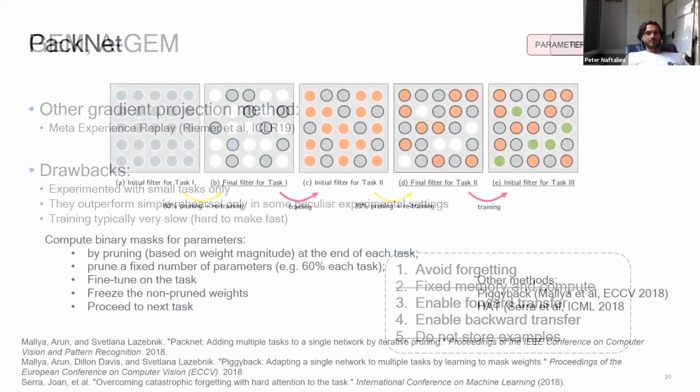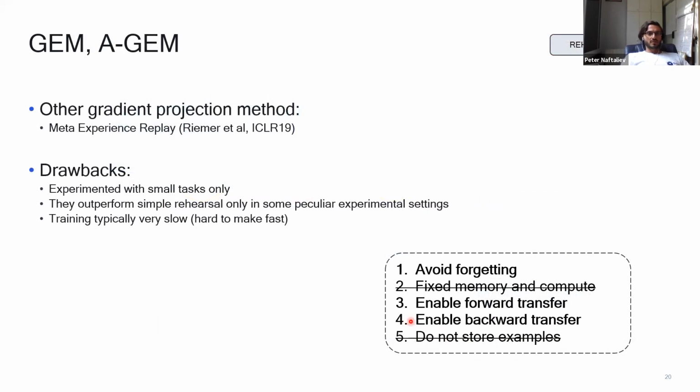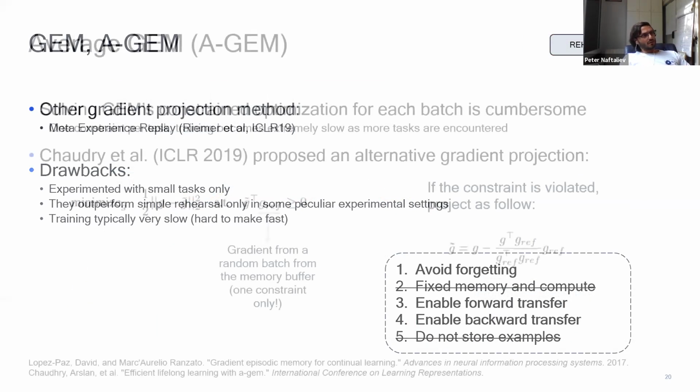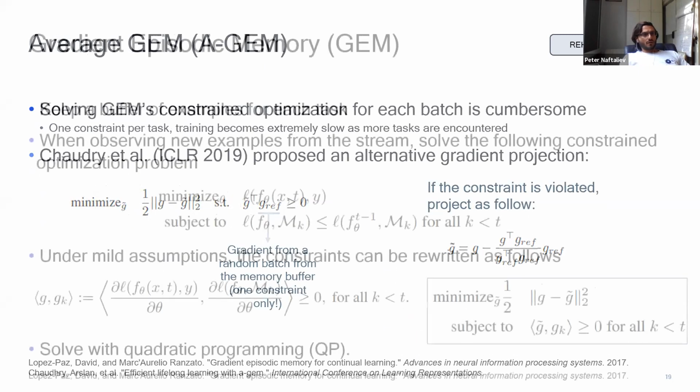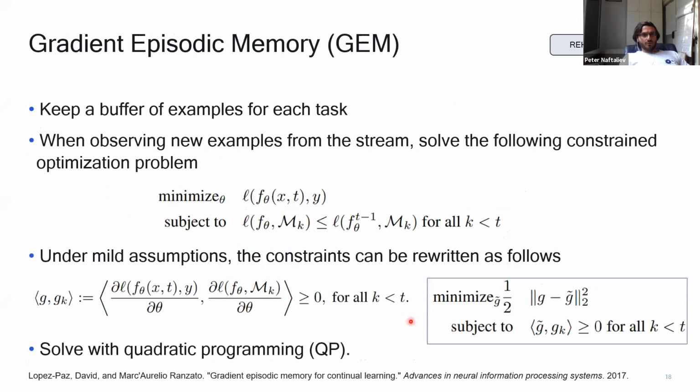All right. There is a question from Ina on the chat. She's asking about slide 18. What if you can't find a G tilde such that the dot product of G tilde and G_k is larger than 0? Probably that thing in the box. So I think the question is, what happens if this constraint optimization problem doesn't have a solution?